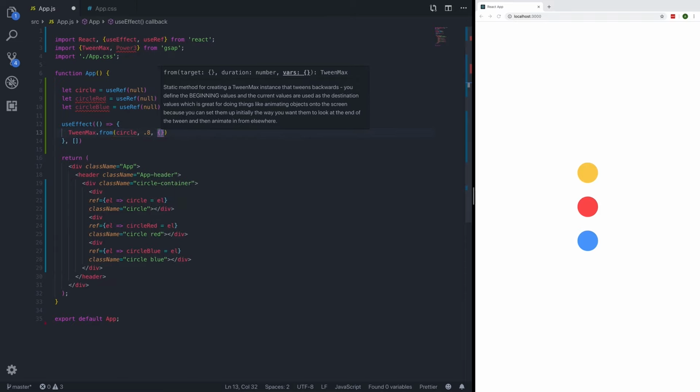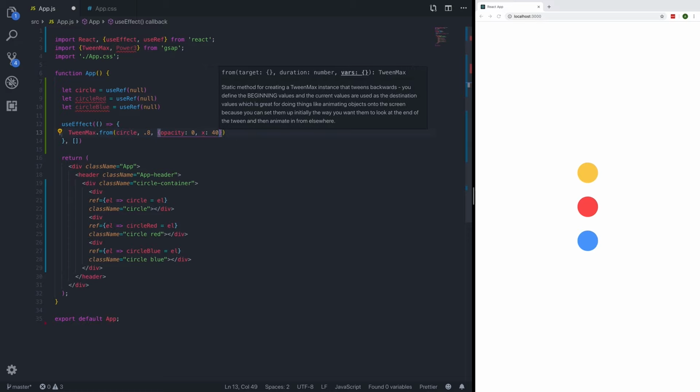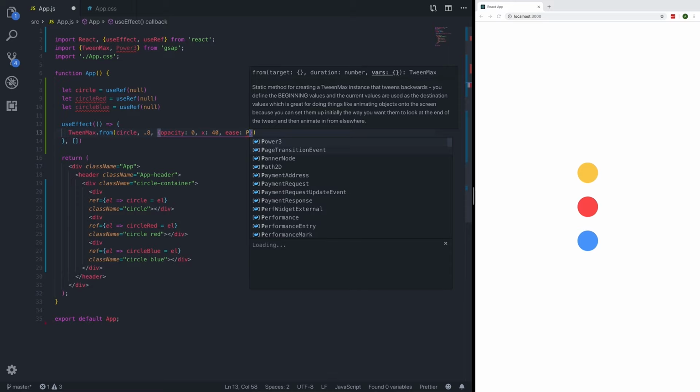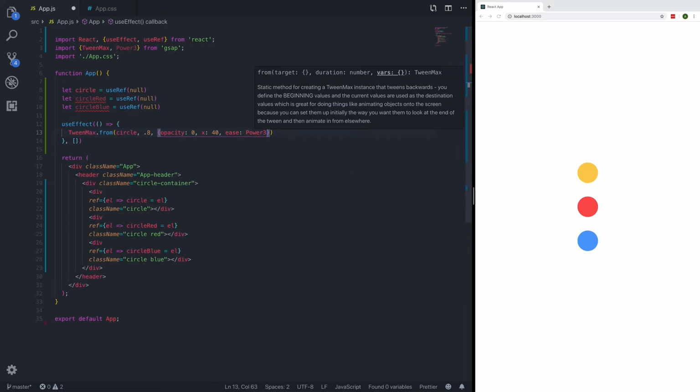out. So in this case, we're just going to set the opacity to 0 and X of 40, which will move the yellow circles 40 pixels. And finally, the ease should be a power of 3, like we've always used, and with an ease out. Go ahead and save that, and we can see every time we refresh, it kind of just has this little